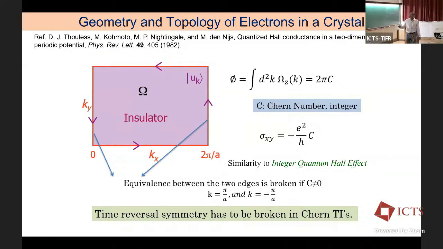And this basically means that the equivalence between the two edges here and here is broken if the Chern number is non-zero, and that basically means time reversal symmetry will have to be broken if you want to have a non-zero Chern number as described here. Okay, and the insulator which has a non-zero Chern number is called a quantum anomalous Hall or Chern